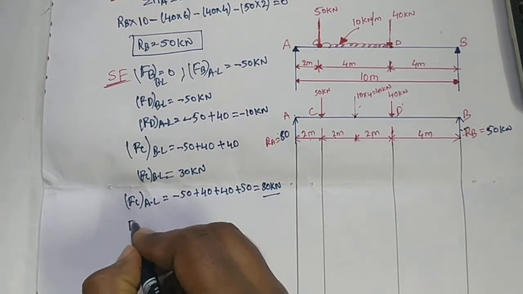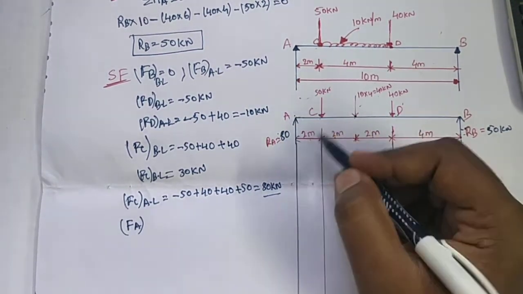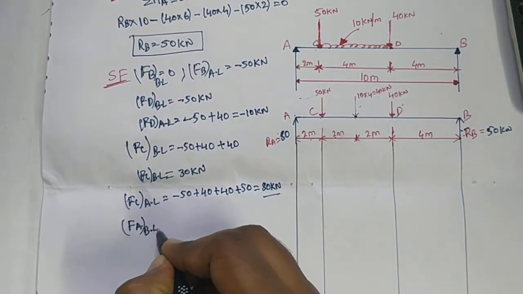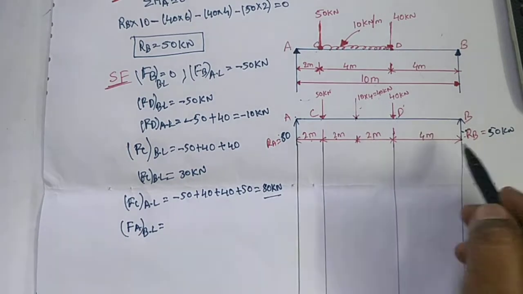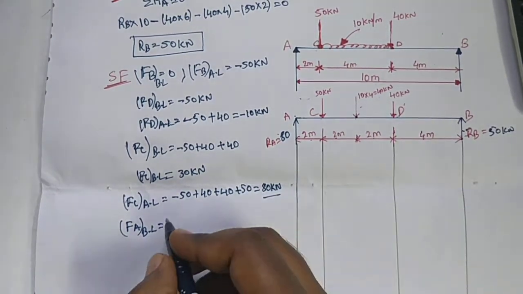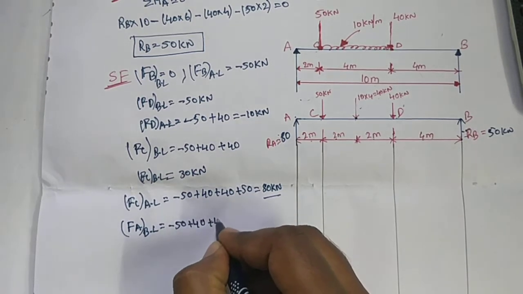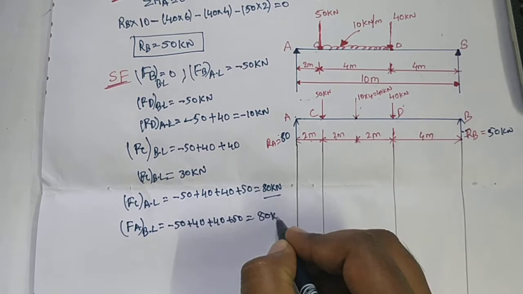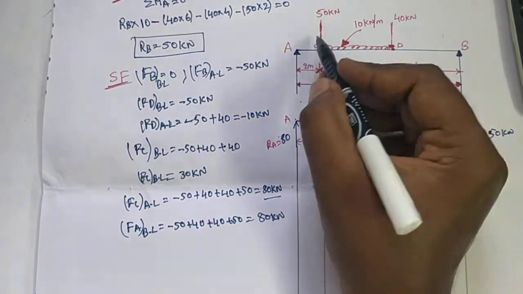Next, similarly we need to calculate shear force at point A. At point A, a reaction force is acting, so we need to calculate before and after load. Before load is the right side of A having 4 loads, that is one reaction force and 3 applied forces, that is minus 50 plus 40 plus 40 plus 50, that equals 80 kilonewtons. The same value applies because from A to C there is no load in this region.